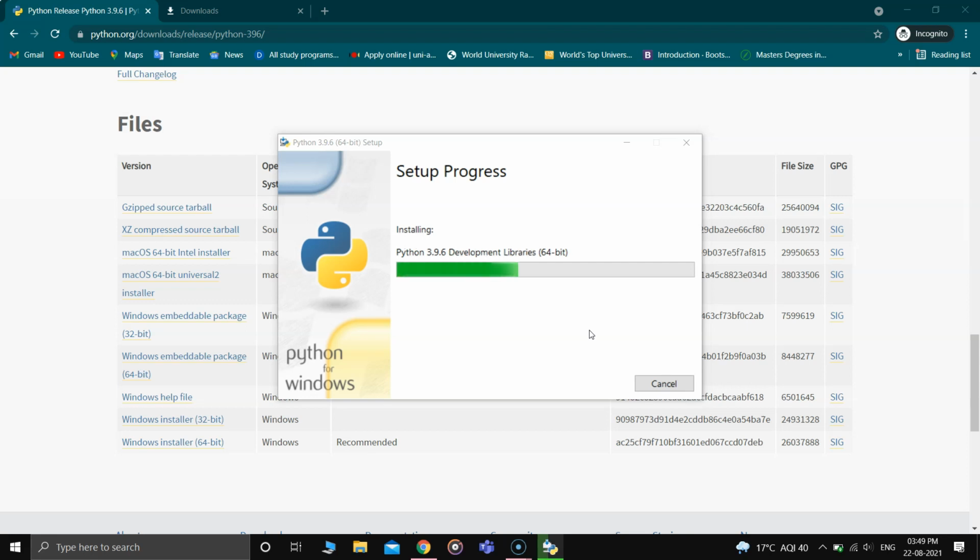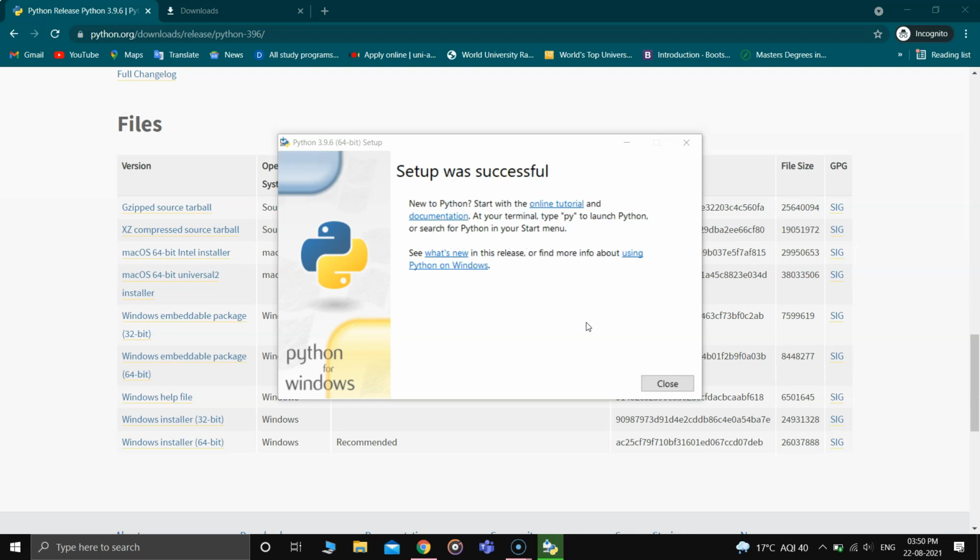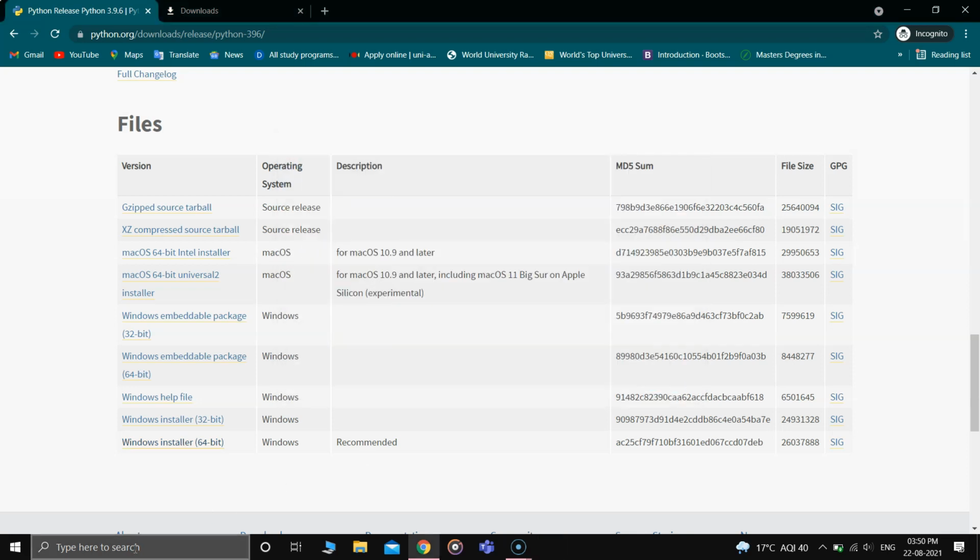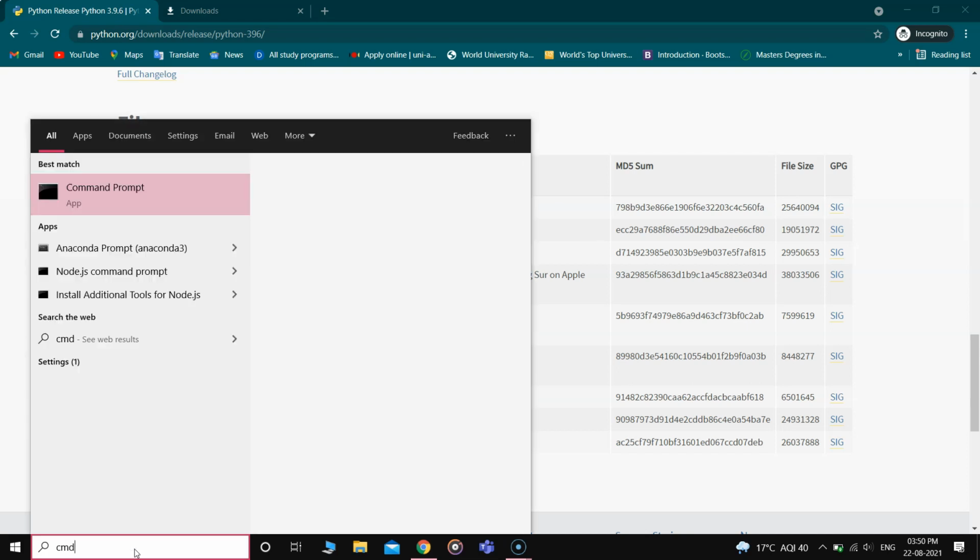And now it's gonna get installed in our system. It's gonna take a minute or two to complete. So now we can see that the setup was successful. Once it's done, just click on close, and now just type in command prompt,